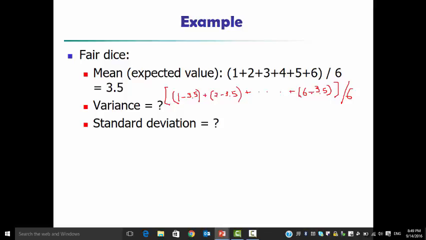So we want to keep the difference, no matter positive or negative. The way you could do that is to square it. Square. So all positive numbers. And then divide by 6. Then, although you have the same mean values,